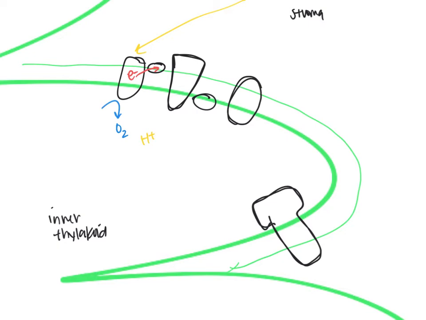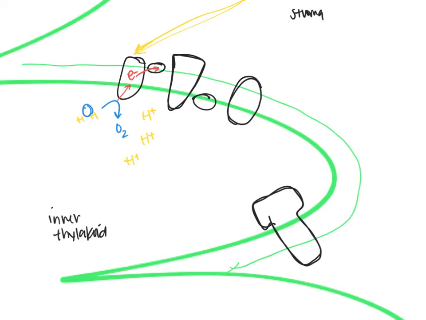Oxygen and H+ ions. In order to do that, we undergo something called hydrolysis, where we take H2O. We are breaking water, hydrolysis, and we're using that energy to replace that electron. Now it's a low energy electron, but it's still an electron that then can be excited when we hit it with another photon, okay? So this process here is really important. We're breaking water. Ultimately, water is being oxidized here, meaning it's losing electrons,